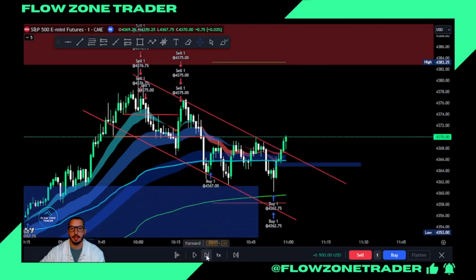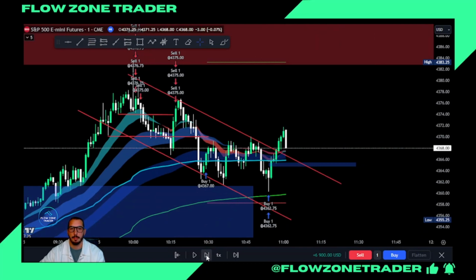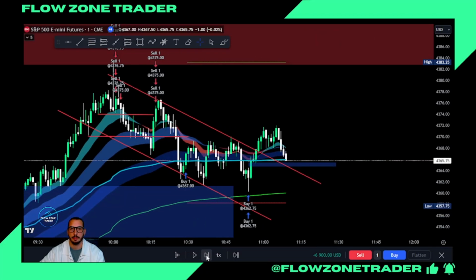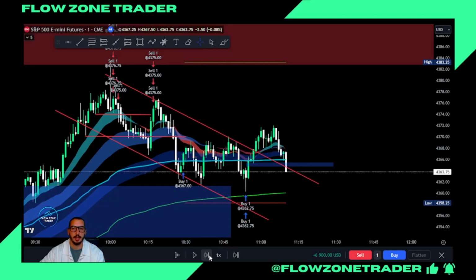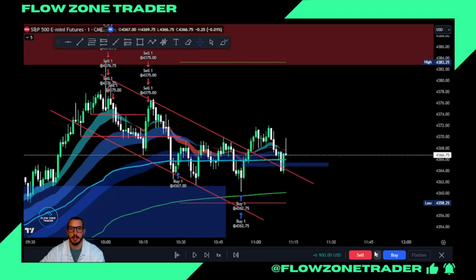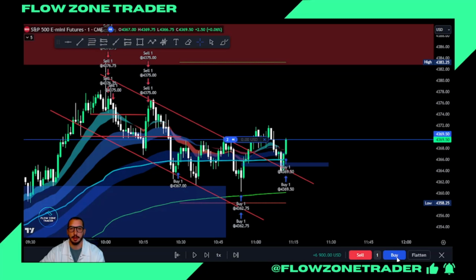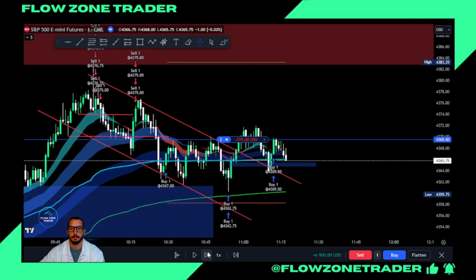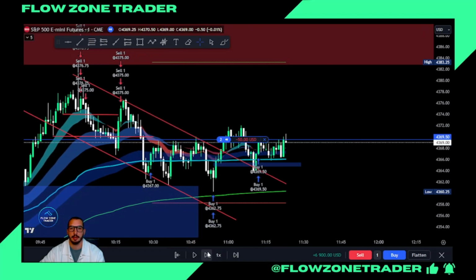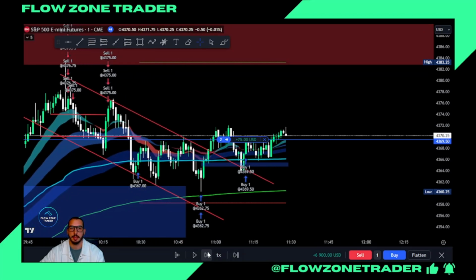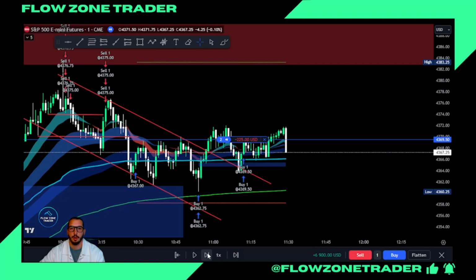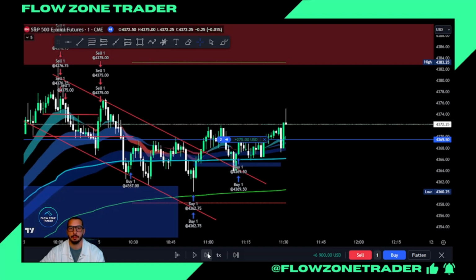So now I'm already thinking long. We've got that imbalance. Right, there's your imbalance. Can it dig through? Bit iffy. There you go. I like the reclaim. So let's start getting long in here. Kind of like a W pattern. Comes back to check the imbalance. Starting to build. One more check maybe. There you go. Beautiful trap.